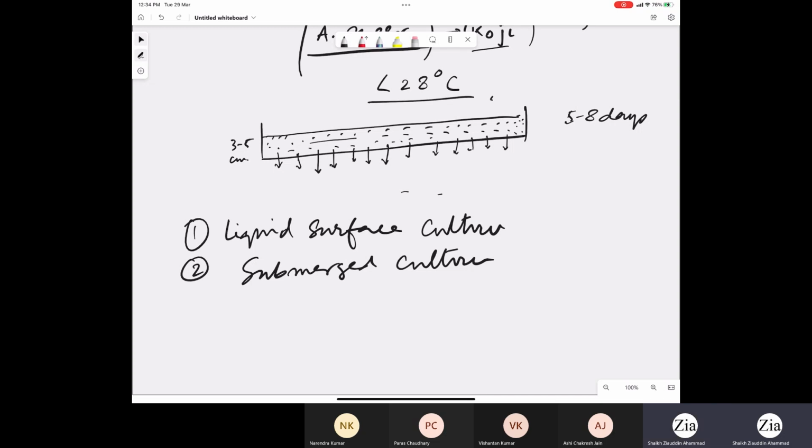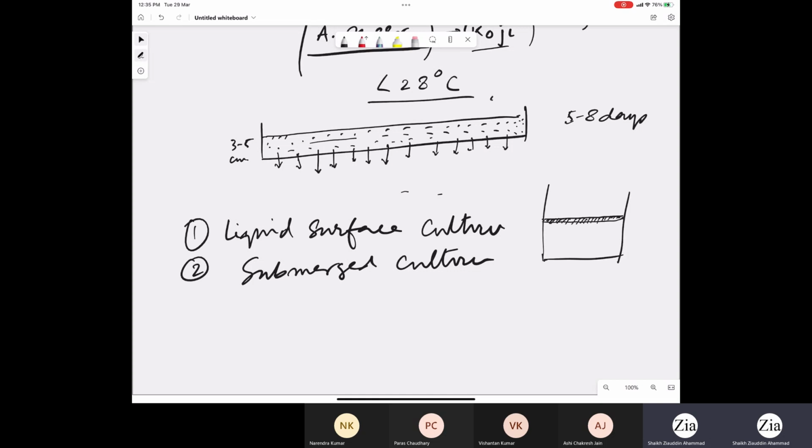So liquid surface culture means you will try to grow this Aspergillus niger as a mat on the surface of the liquid. So you have a vessel where you try to grow the culture on the surface of the water. So it will actually create a mat on the surface,